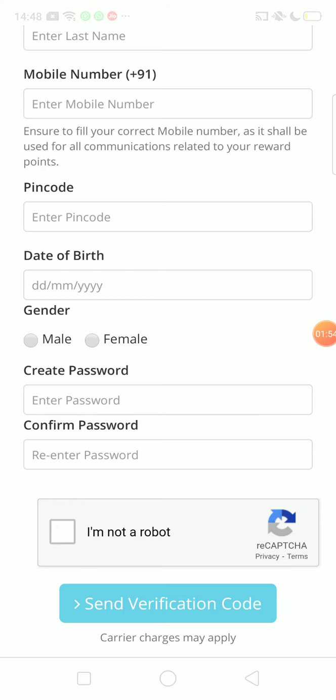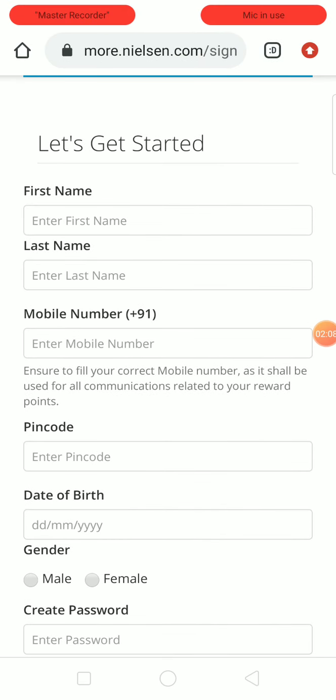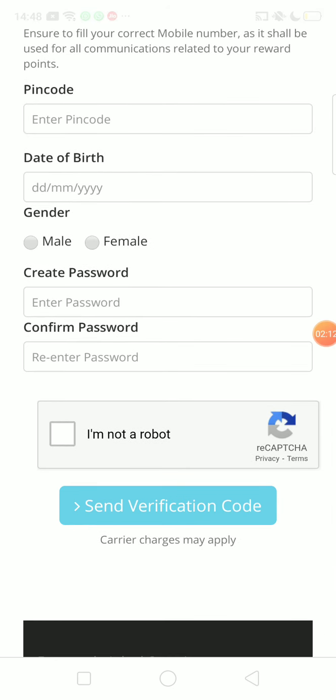Once I download it by going into my browser, they'll provide the link and I'll just install that APK. Once I install that APK, I just need to enter the mobile number and password that I have entered here. I will enter my mobile number here, and I'll enter my password here. Once I provide them the access on my mobile, after that they'll provide me 250 points.